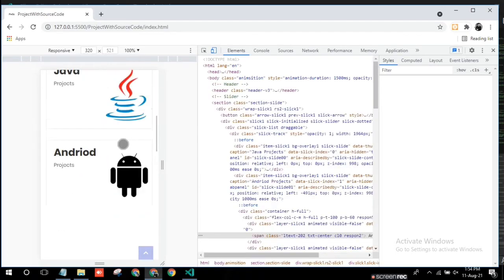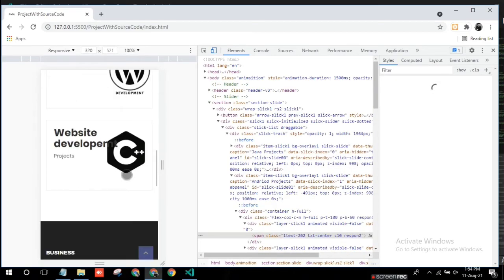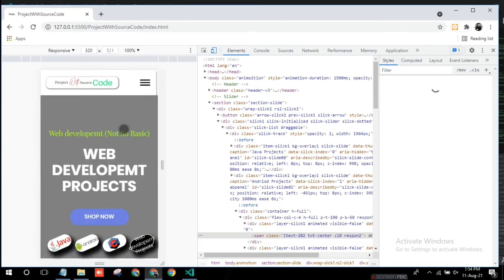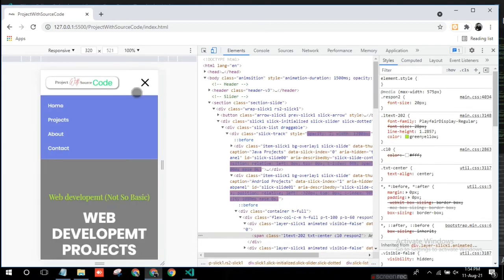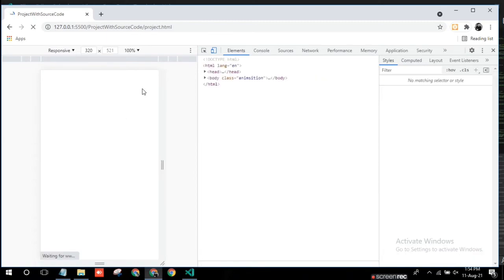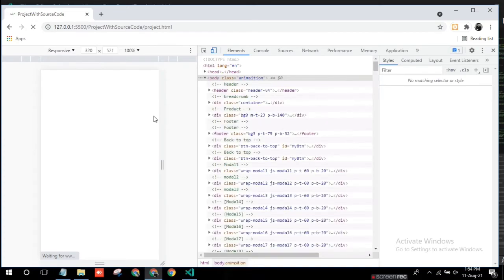Here it is fully responsive. After the home page, you can go directly to the project section, and after the project section you can go further to the contact section or the about section, wherever you want to go.